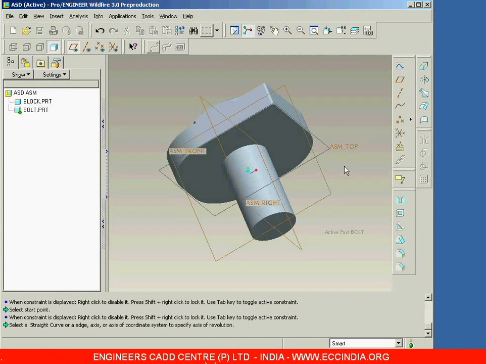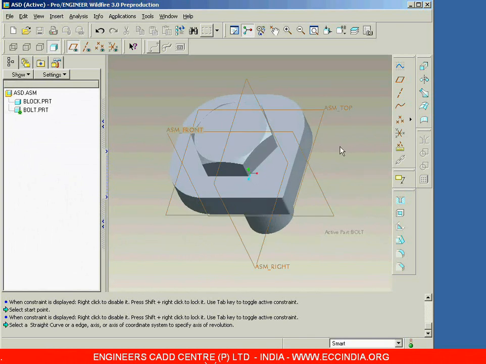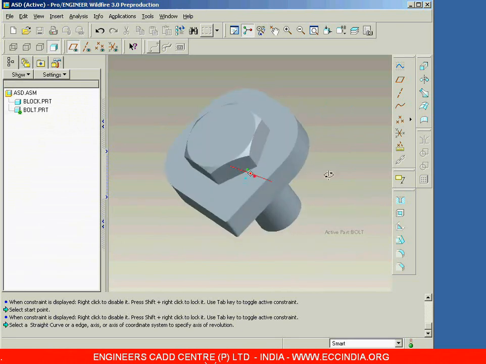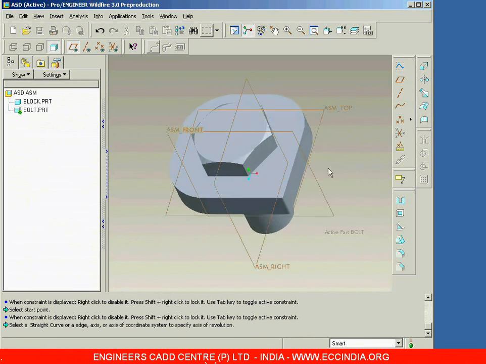Then next I want to provide here a thread on this bolt surface. And already we have seen how we are going to represent the threads in case of Pro E, in the case of hole tool. Whenever we are going with standard hole, by default we are going to get a thread, and that will be a cosmetic thread feature. Now even for the bolts also, if you want a thread, you can provide a cosmetic thread on that bolt surface. So whether it is external or internal, both kinds of threads can be created using cosmetic thread feature.